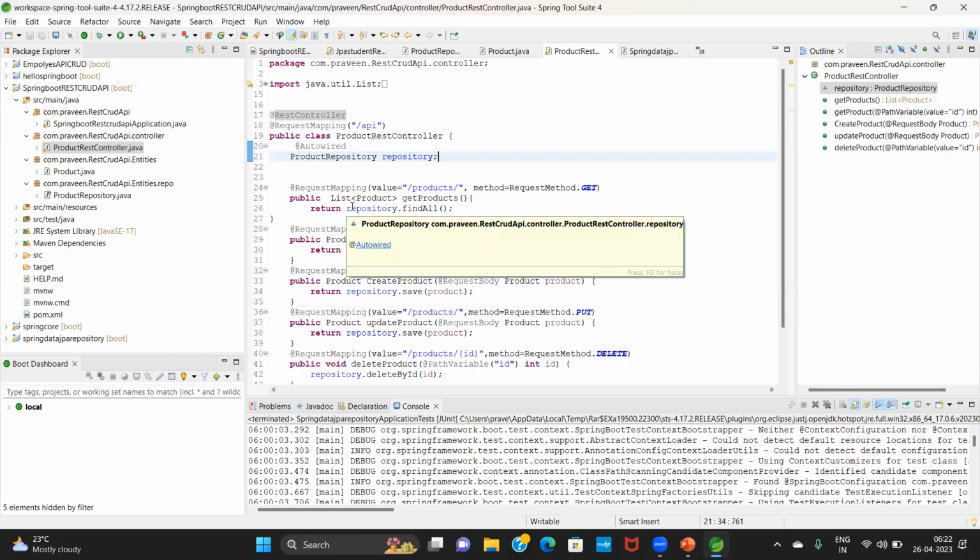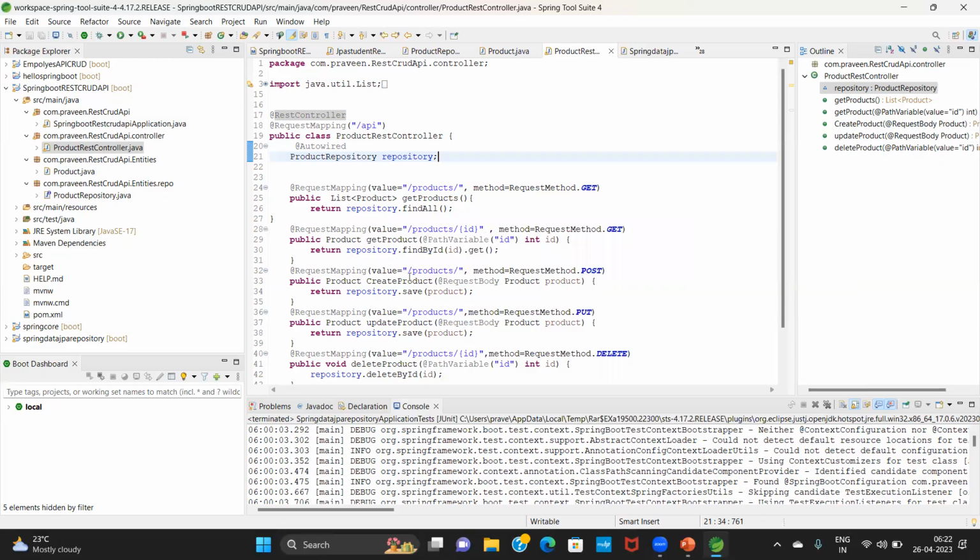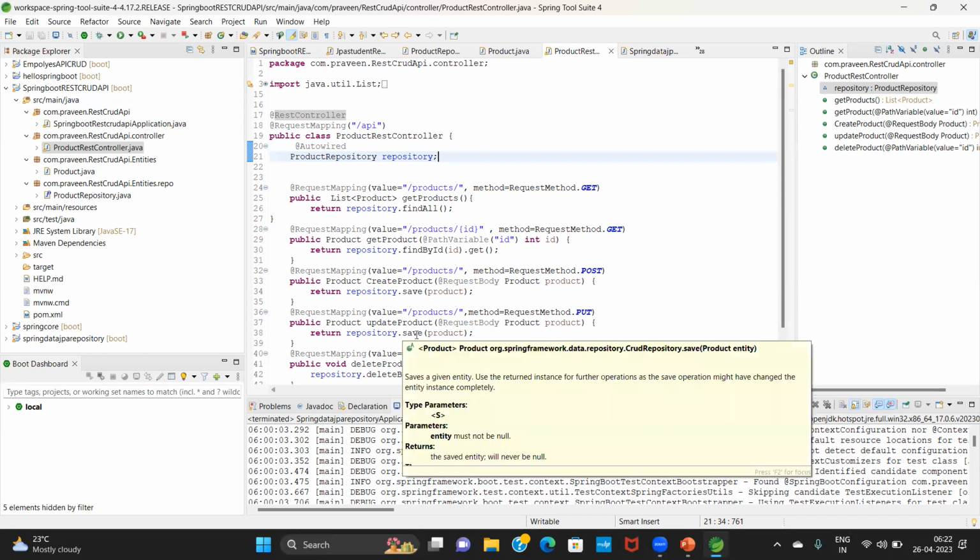Repository is a JPA API which provides so many methods to perform CRUD operations. That's why we have constructed this repository using JPA API. Okay. See guys, here again, for saving a product, POST and PUT are both for saving, meaning creating a product only. But using the POST HTTP method you just create a product, but using